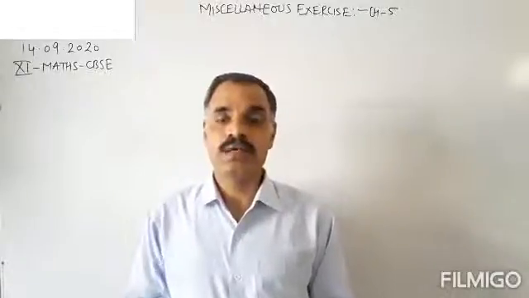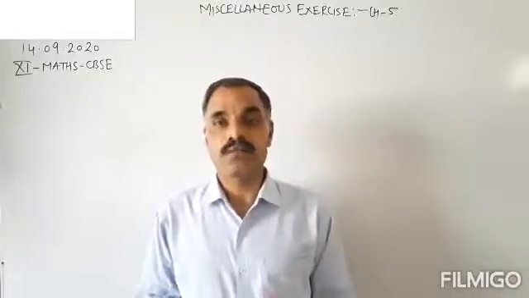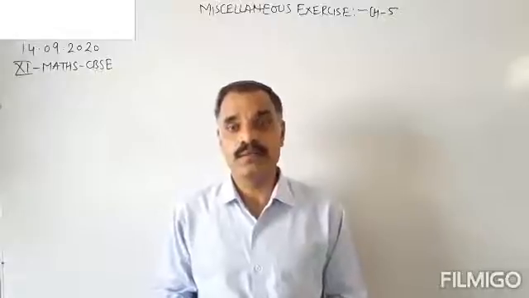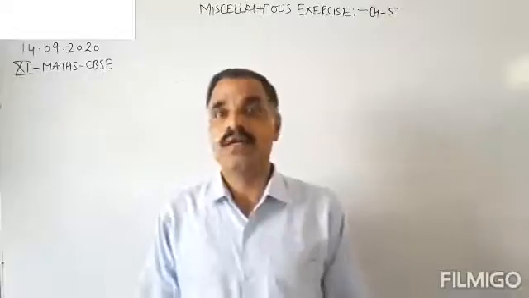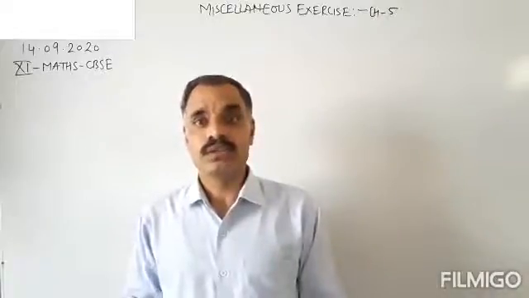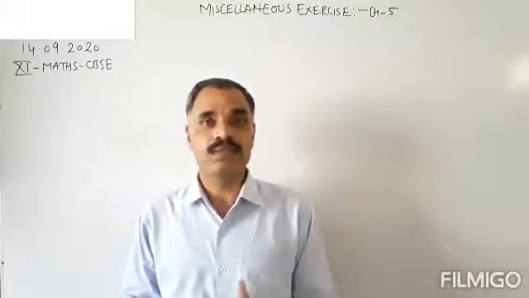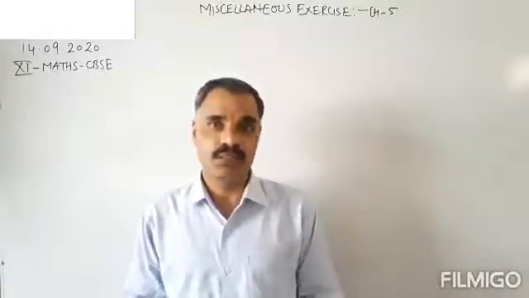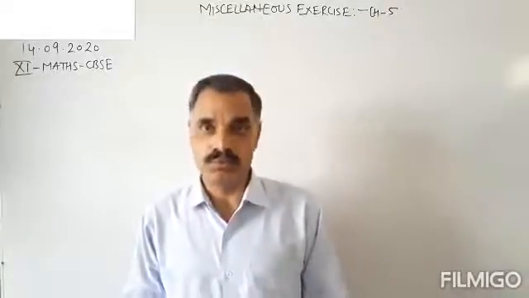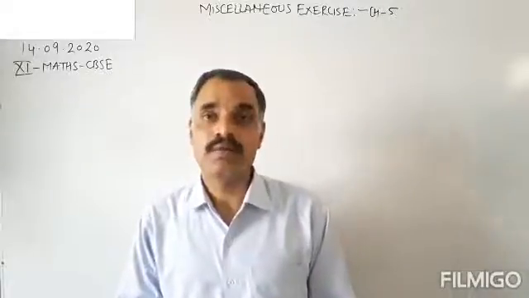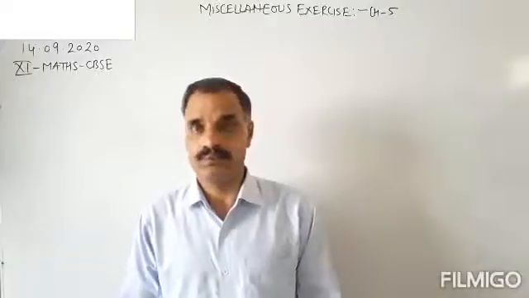We have already covered the standard form of the complex number, the geometrical representation of the complex number, the polar representation of the complex number, and after that we found the solutions or the roots of the quadratic equation in which the discriminant D is less than 0, that is, the quadratic equation with imaginary roots. Now today we will solve the questions of the exercise of chapter number 8.